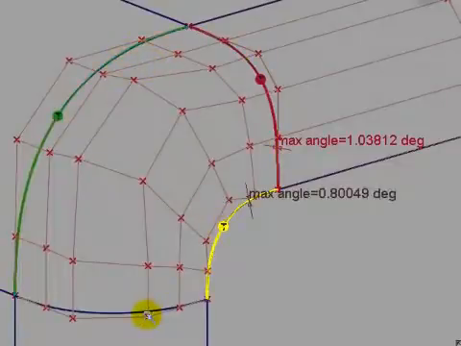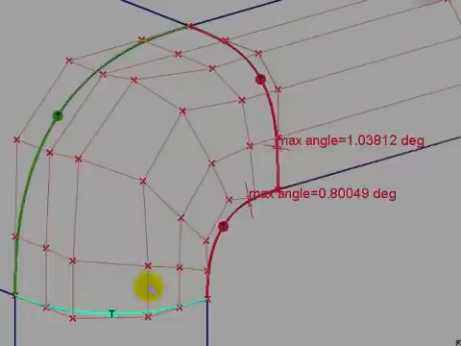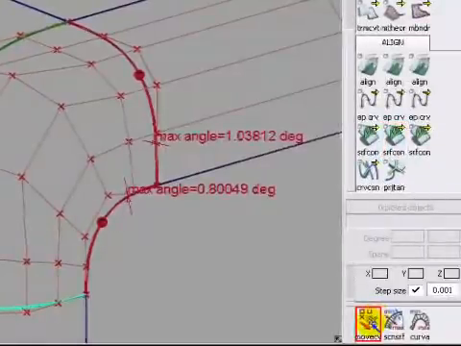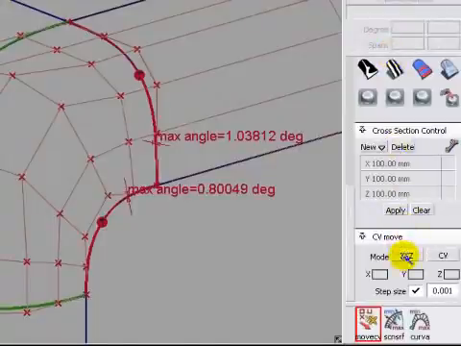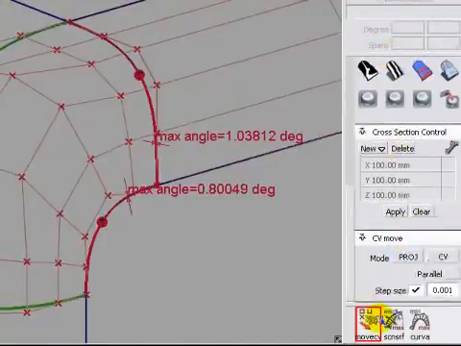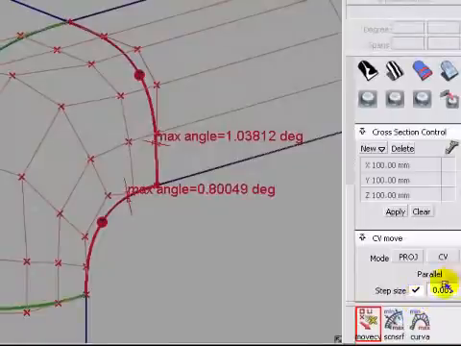You always have to look at all 4 boundaries. It's no good looking at just one, because you fix one and another one goes out of sync. So come down here and move CV, project. Don't put parallel on, just move CV and project. And then we'll pick that CV again, and now pick this